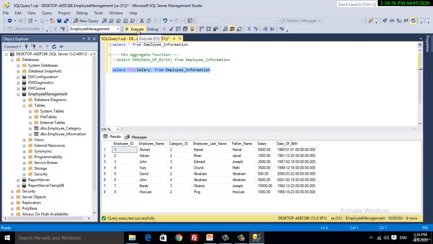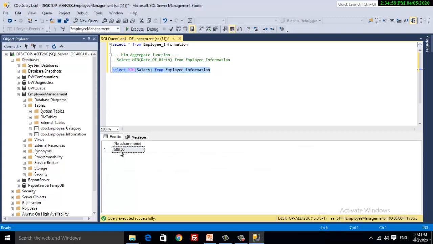Let's execute this query. It returned the minimum salary, which is 500. I think now it is very clear to you how to use the min function to get the minimum value of a column.